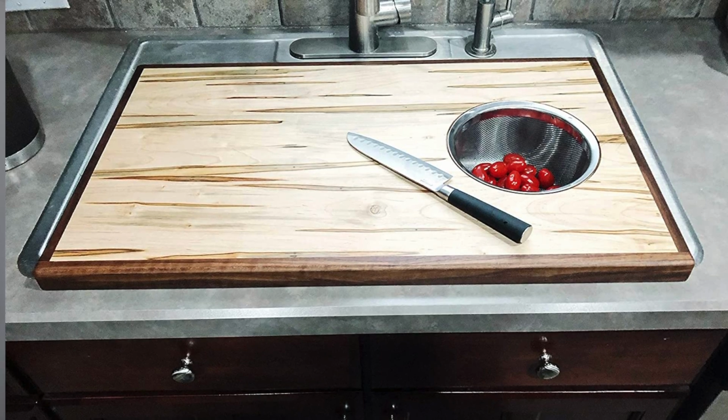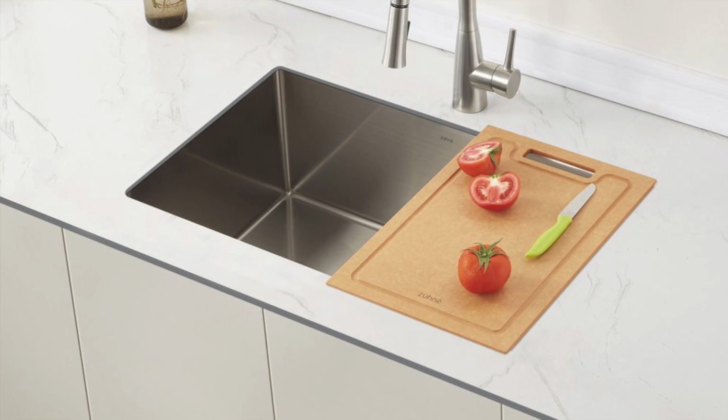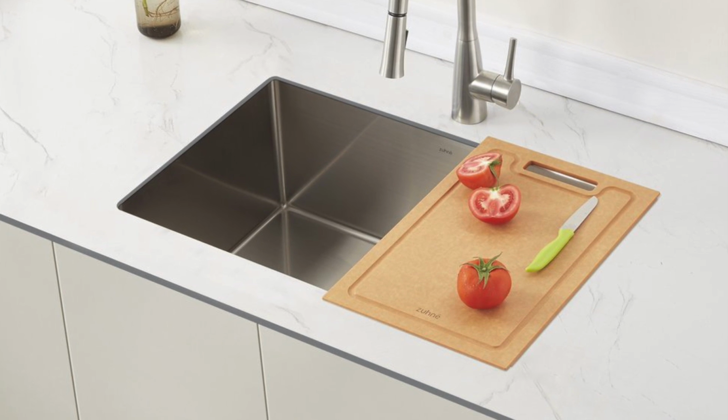And a lot of brands have the option of an insert cutting board that sits either completely over the top of that sink and inserts in it so that the top is flush with your countertop, or a half of a cutting board that covers half of your sink. This creates more workspace, more prep area, and it's a great way to utilize the sink in a different way when you're not actually using the bowl of the sink. I think this is genius. It is a really great way to add some extra functionality